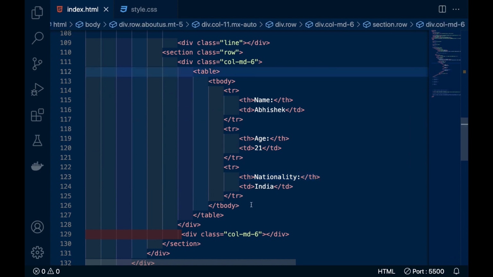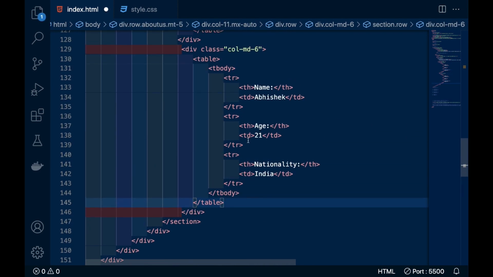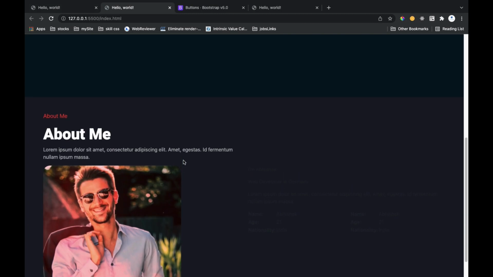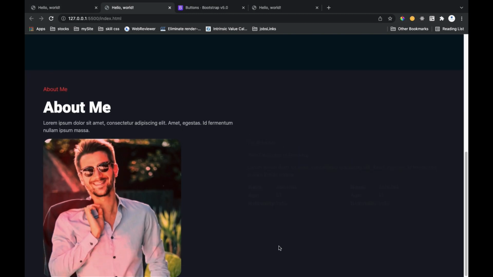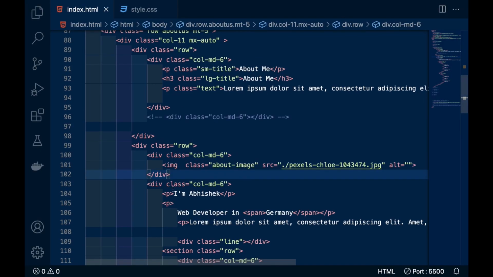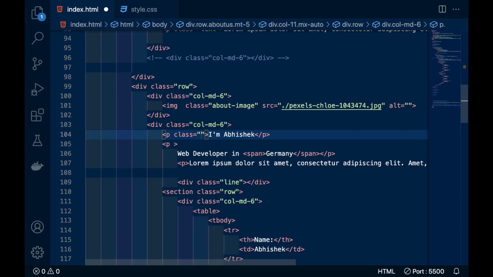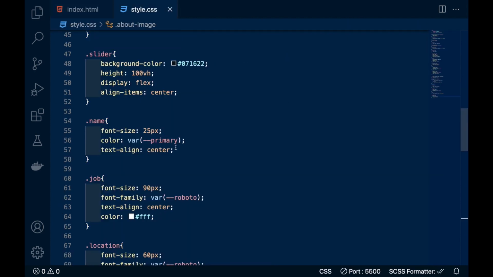And copy this table and paste in the second div you have made, and you can see our data is all here, but we have to style it one by one. So now we will style it one by one. So in the paragraph I will give it a class name, a name, and define it here.